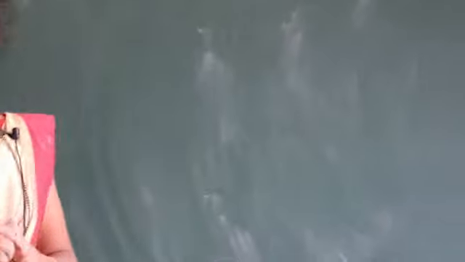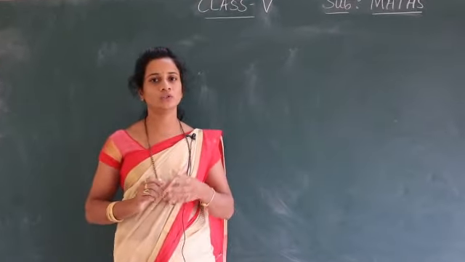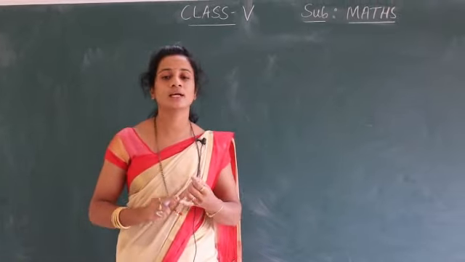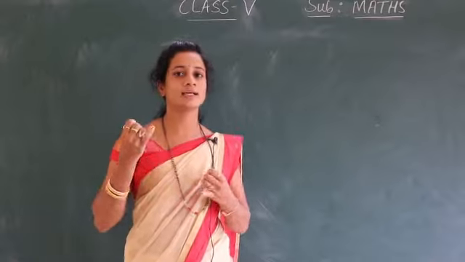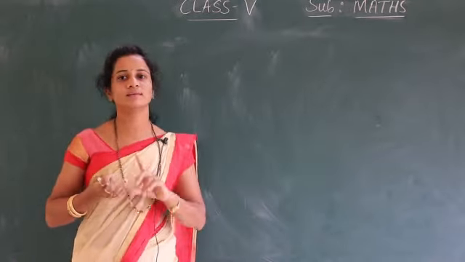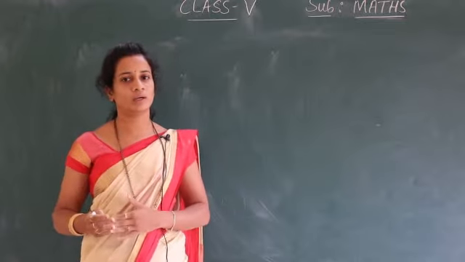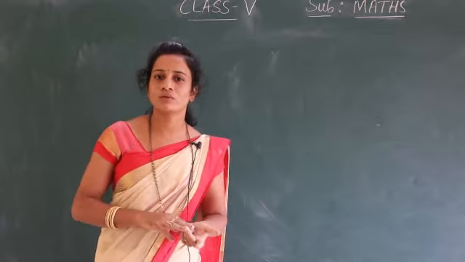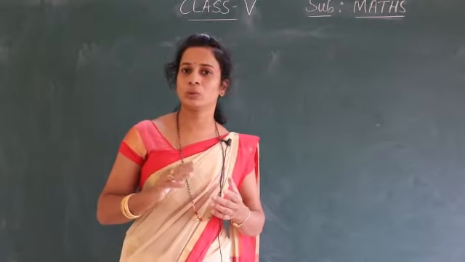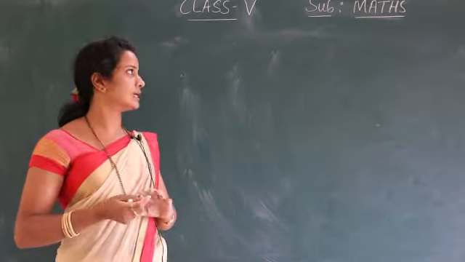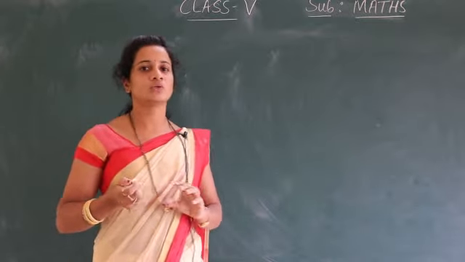So now come back to today's class. In today's class, we are going to learn about multiplication. Under this, we are going to learn the concept, the parts of multiplication, that is multiplicand, multiplier and the product. Then multiplication of 2 digit by 1 digit, 3 digit by 1 digit and 2 digit by 2 digit numbers and the statement problems related to that. So shall we start?